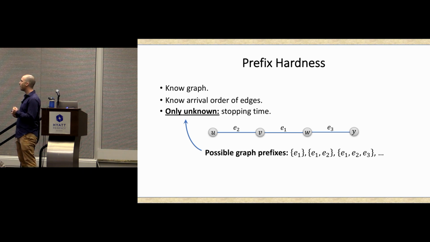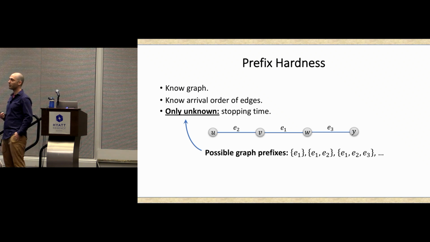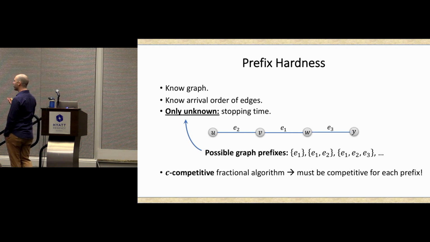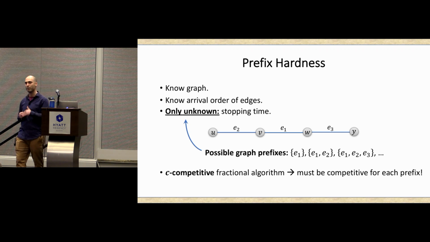Okay? Now, the fact that you don't know at what time the input is going to stop means that you better be competitive at every point in time. Okay? So again, if you have a C-competitive fractional algorithm, you have to be competitive for each prefix. Remember, you're not allowed to change the x values. Okay, so once an edge shows up, you have to assign it some value so that you've covered this prefix so far. And what's nice about this observation is that you can actually write this as a linear constraint,